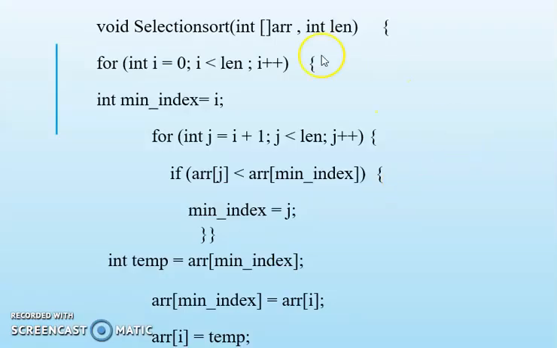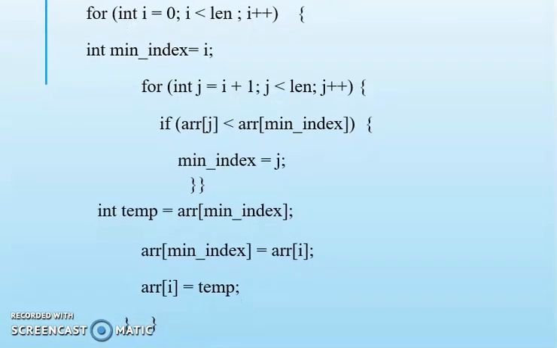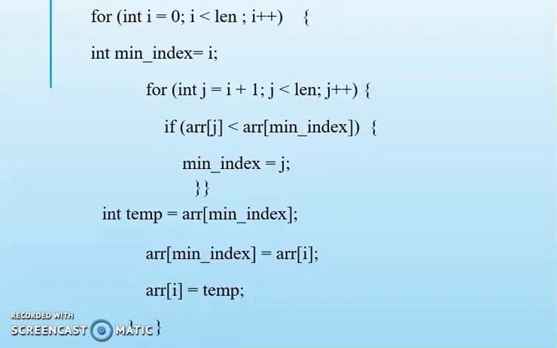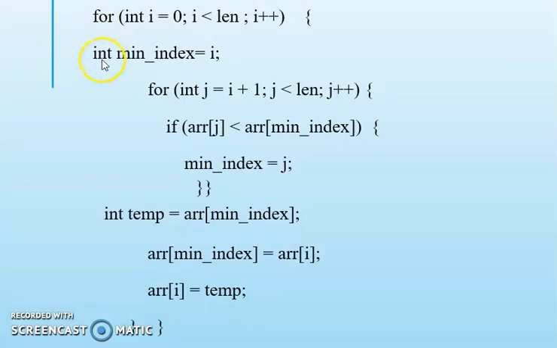Now I will show you the program implementation for this. I have a method selectionSort. In this, two arguments are there: the array is passed as the input and the length of the array is passed. Now for i equal to 0 up to the maximum element, that is the total number of iterations that we have to execute. And min index is initially equal to i, which is 0.